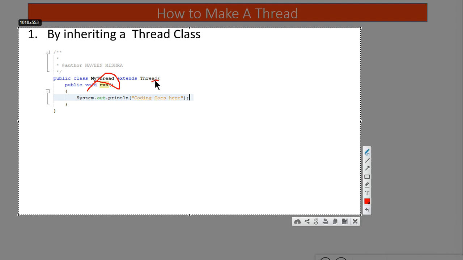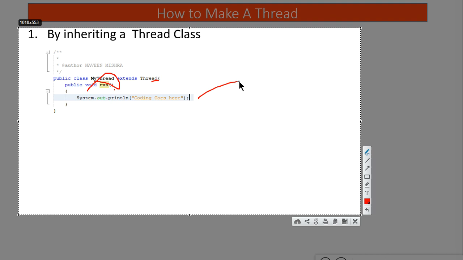If you are inheriting the Thread class, you must have a run method, and inside the run method, whatever code you want to execute, you can place it here. If you want to create an exception, you must extend the Exception class. If you want to create a thread, you must inherit the Thread class.